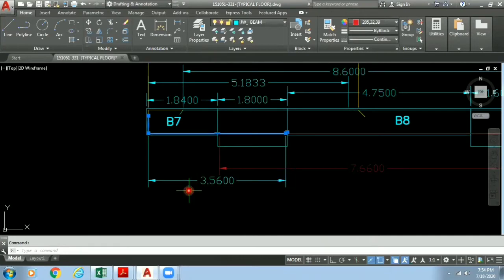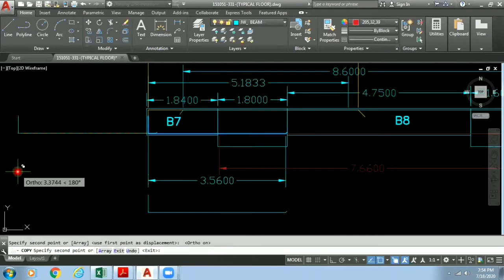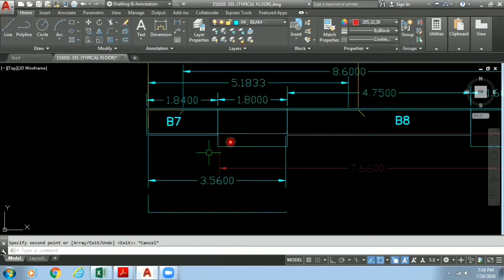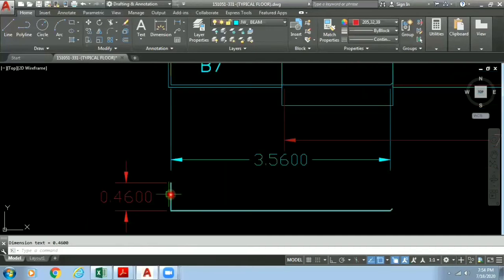I will copy it down. Can you see this? This bottom reinforcement has ended in this column face, and this also has a measurement of 460. That is 150 offset from the D by 2.